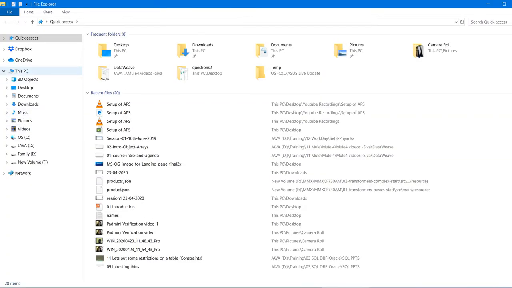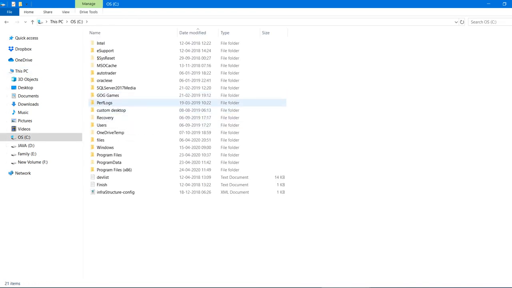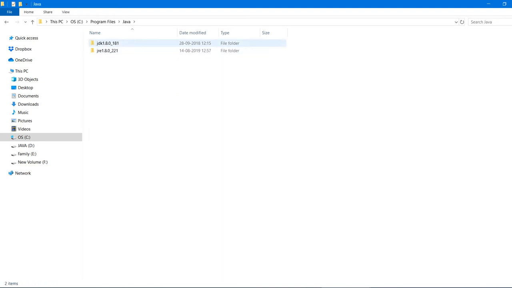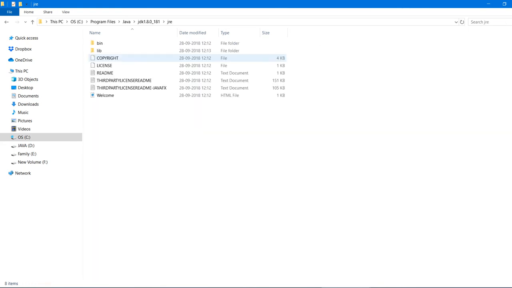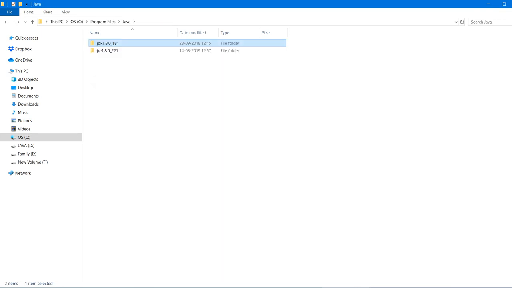Right now just check whether JDK is installed in the particular folder which was already shown. So just click on This PC, go to the C drive, and under Program Files, there we can see a Java folder. In that JDK is installed. In that JDK we have JRE as well. It's a buy one get one free kind of thing. Okay, don't install JRE alone. That is only for runtime. We are going to develop by using AnyPoint Studio.